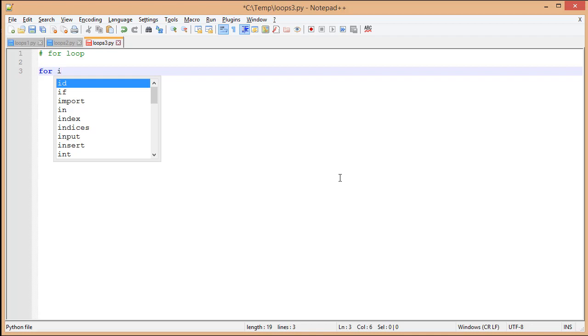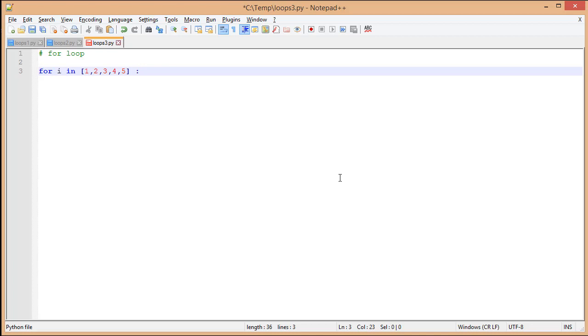For historical reasons, a lot of times people use I, J, or K, even if they were never around for when those historical purposes were. So just as a nod to them, we're going to use I as our variable name for our counter. So you have for I in, and then we're going to specify a range. You'll notice that my range is inside of square brackets, and I have 5 values, 1, 2, 3, 4, and